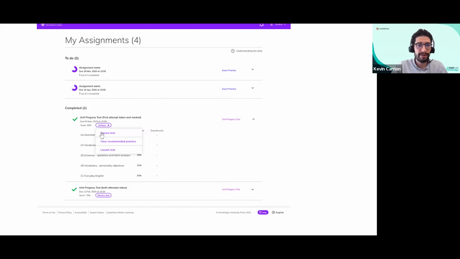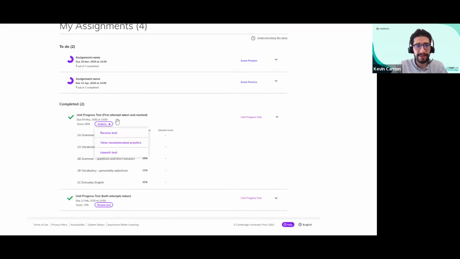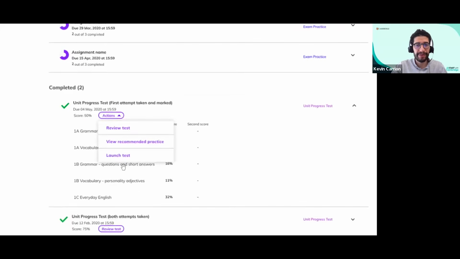So we can see, for example, this is a unit progress test. It says first attempt. You can see each section in the unit progress test: we have grammar, vocab, and everyday English, as we said. And you can see some recommended practice.